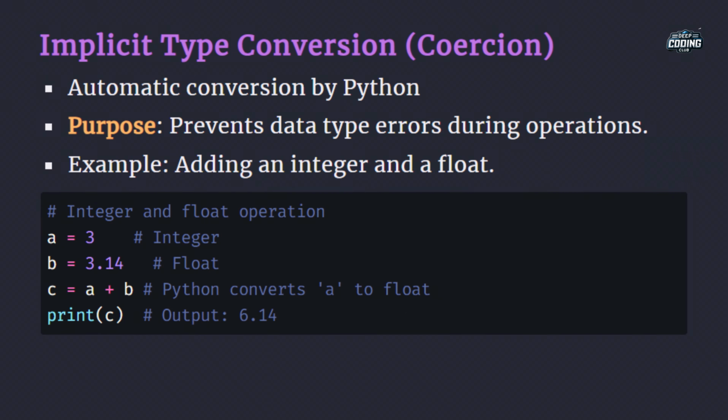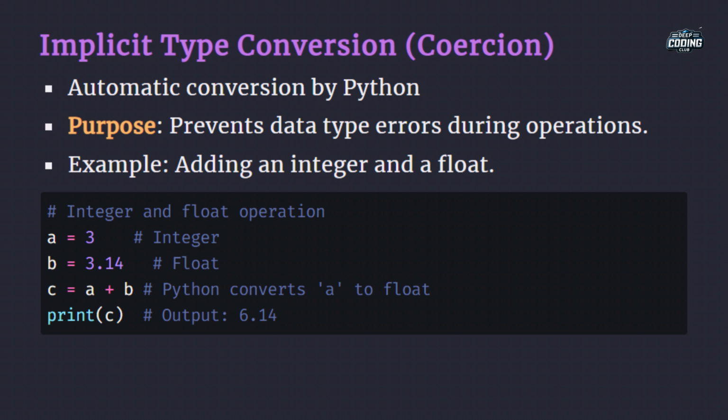First is implicit type conversions. Implicit type conversions or coercion occurs when Python automatically converts one data type into another without explicit instruction from you, meaning the programmer. This feature is built into Python and is designed to prevent data type errors during your operations. For example, if you add an integer and a float, then Python will automatically convert the integer to a float